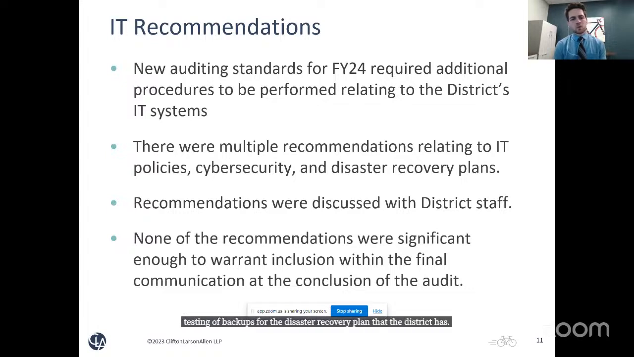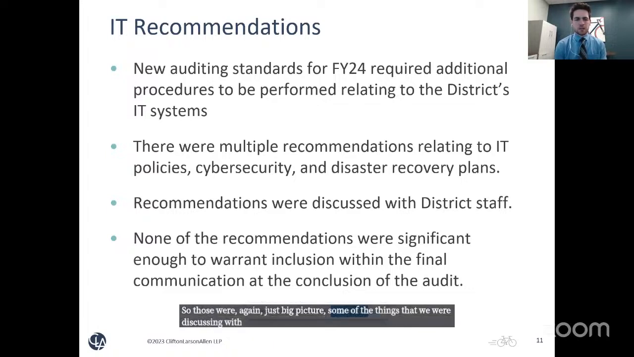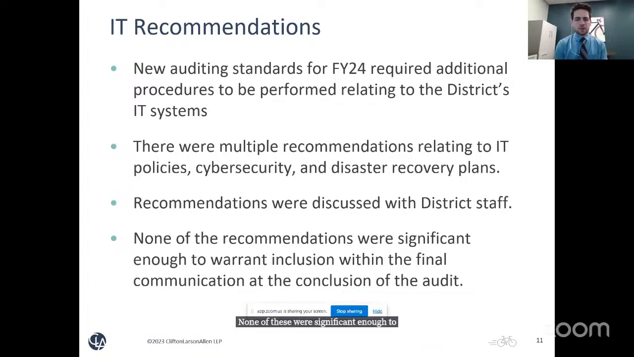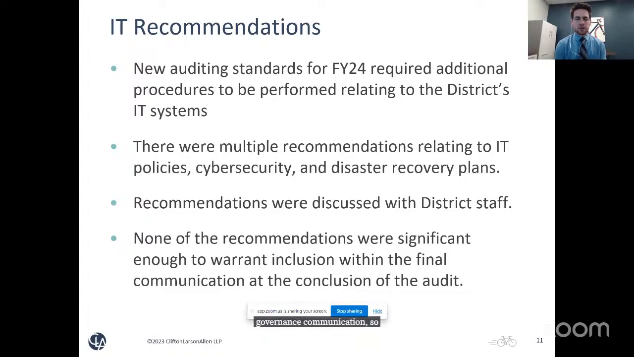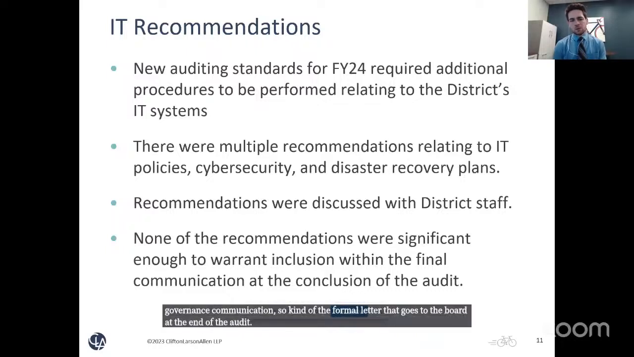So those were, again, just big picture, some of the things that we were discussing with them and had some recommendations. None of these were significant enough to show up in the communication for the audit results, either within the audit report or in our governance communication. So, the formal letter that goes to the board at the end of the audit. But it is something that we're bringing up just as